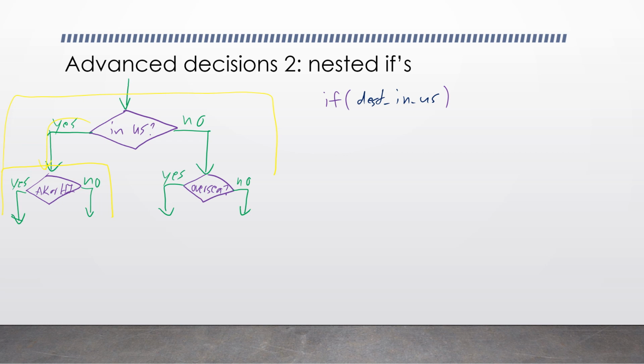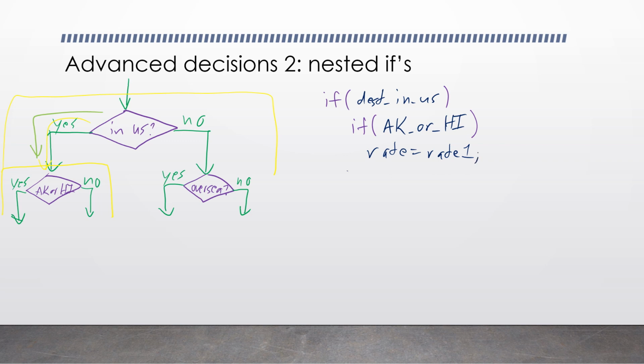So that block gets me this far, but now I need another if. So I indent and I say if AK or HI, Alaska or Hawaii, okay. Then I put in my code rate equals rate 1,